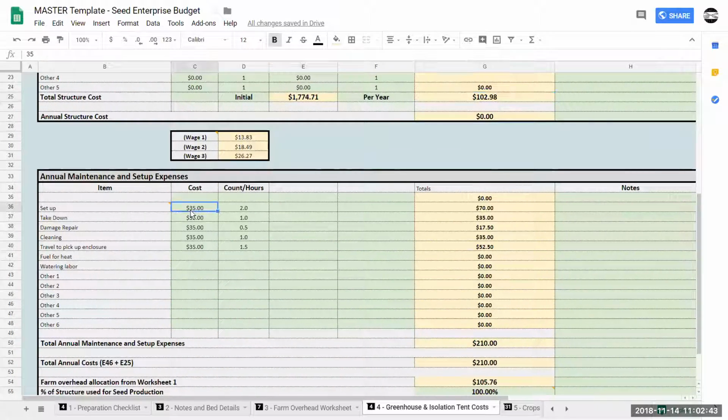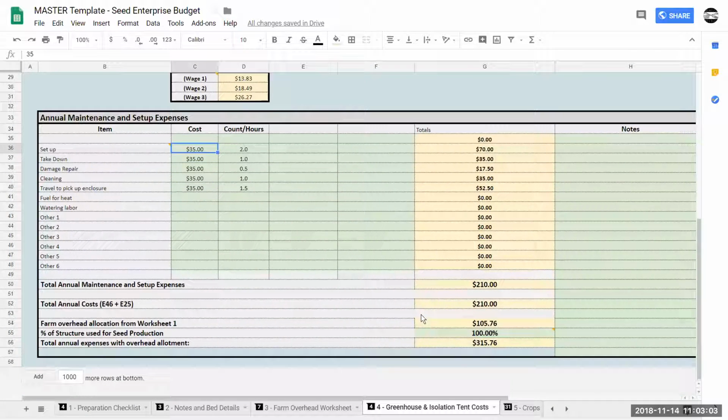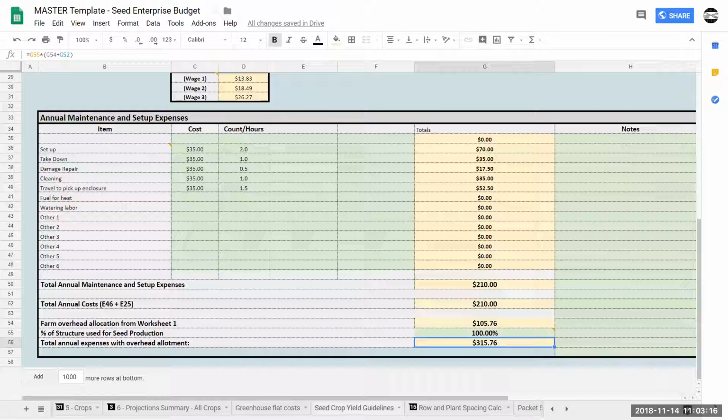The other consideration is what are the costs in maintaining that structure? And for us with this carrot seed tent, we had to take the tent and move it every year. We had to do repairs on it if there were rips in the mesh. That needs to be cleaned. We've had to pick it up and move it around. So it has added these costs. And so when you scroll down, you can see that the cost of just having this tent, without even growing a seed crop in it, costs us about $315 a year. So one of the things this enterprise budget does is it really starts bringing in the reality of what it actually costs to grow a crop.